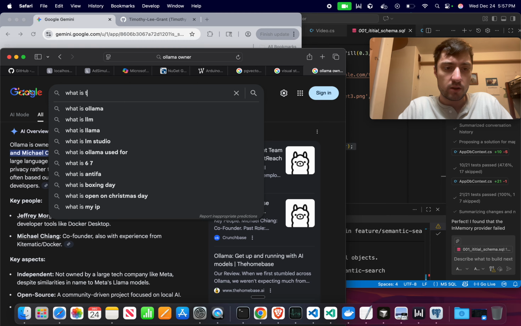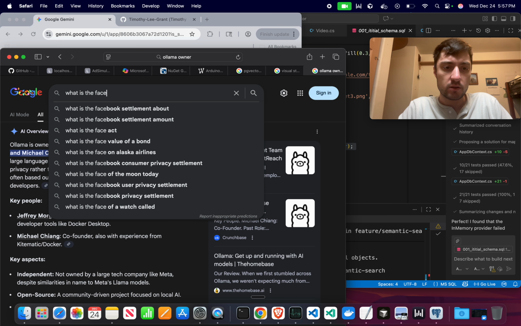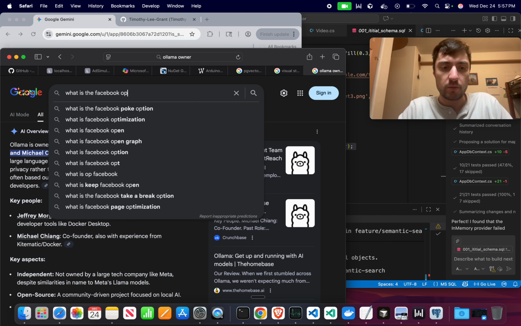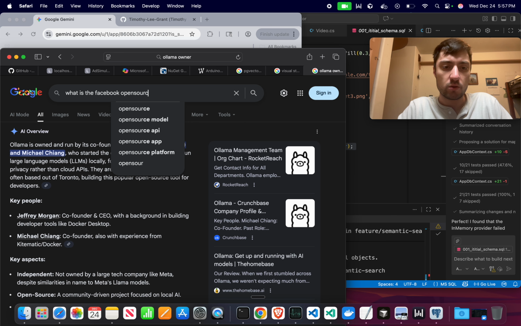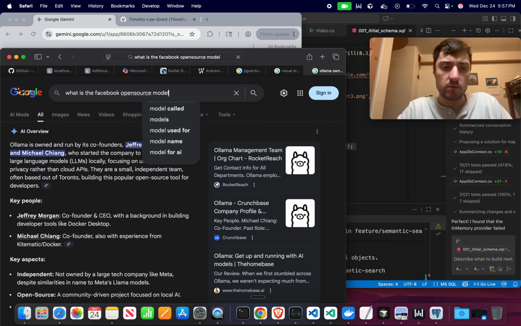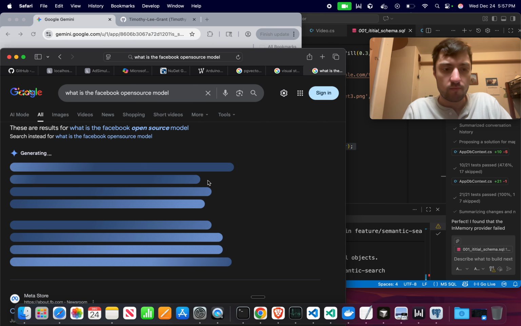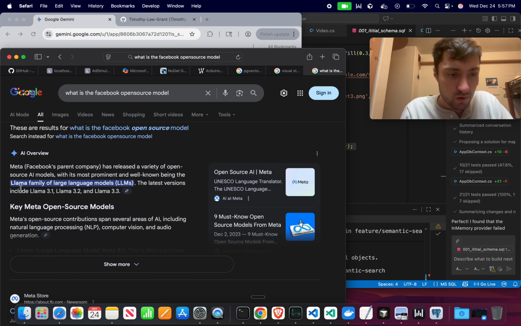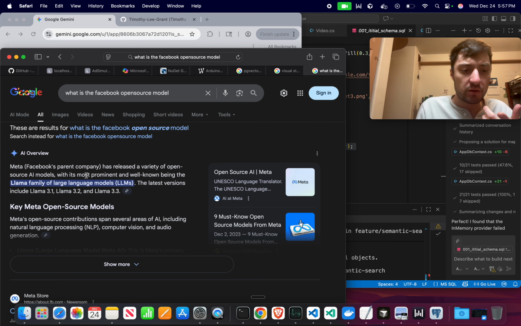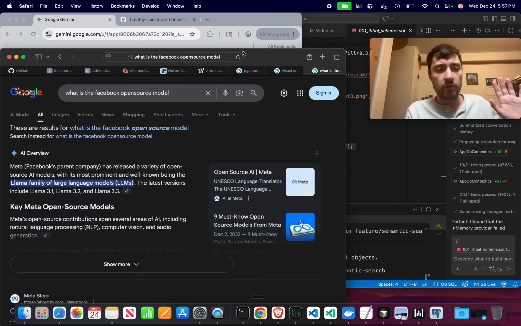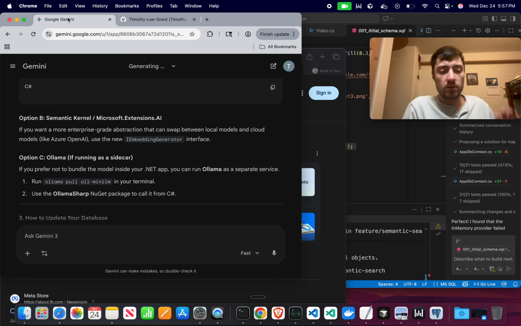What is the Facebook open source model? The Llama family. Yeah, okay. Which is different than Ollama. Okay. Well, it's not developed by Facebook, so I'm not going to